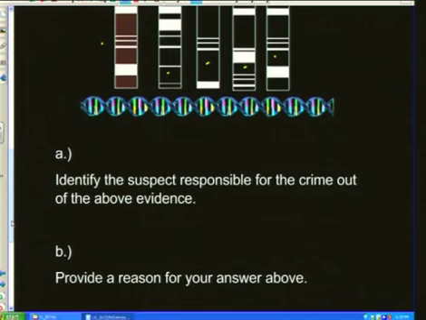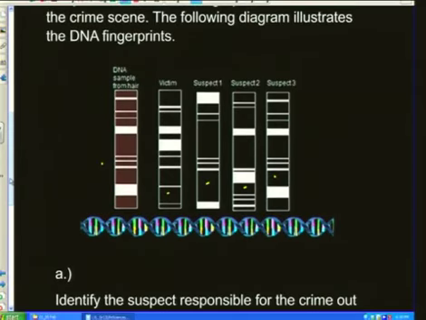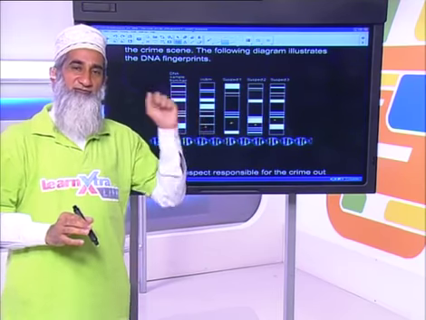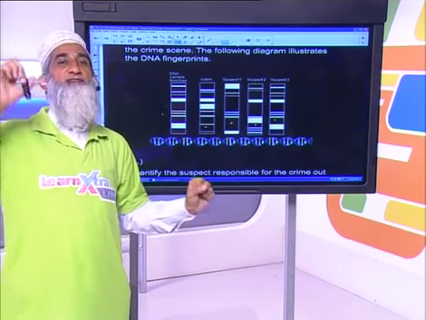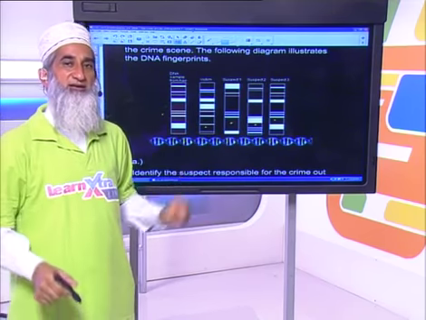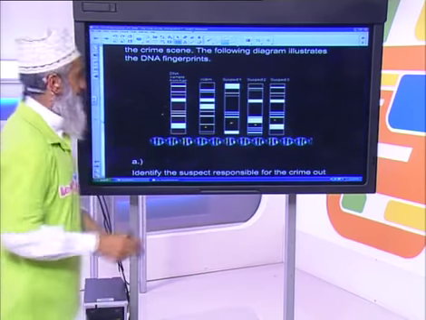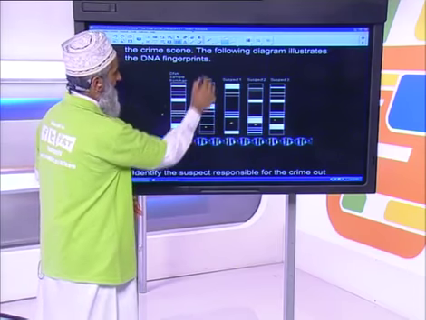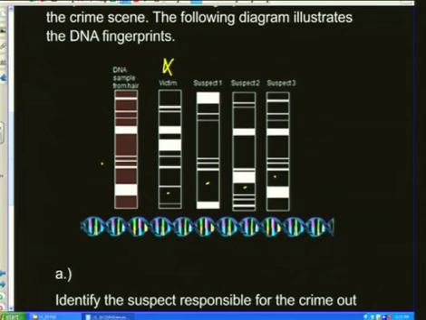Identify the suspect responsible for carrying out the crime, in the above evidence there, right? Now, how do we do this? This is a simple matching thing. If we found evidence on the crime scene, and if the suspect has the same DNA, then it's probably him or her. Okay? So what do we do? We look at this DNA sample. Is it exactly like this one? No. Is it exactly like that one? Already on the top, it's wrong. Is it exactly like that one? No. Is it exactly as that one there? Yes, it does. So this one here is the suspect, suspect 3.